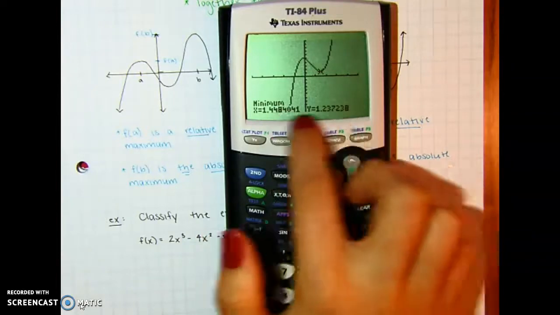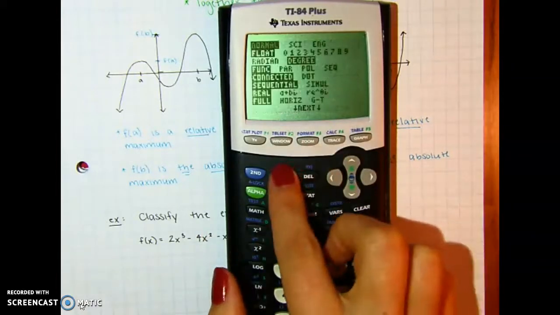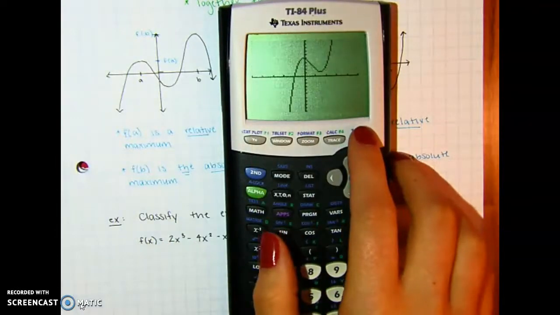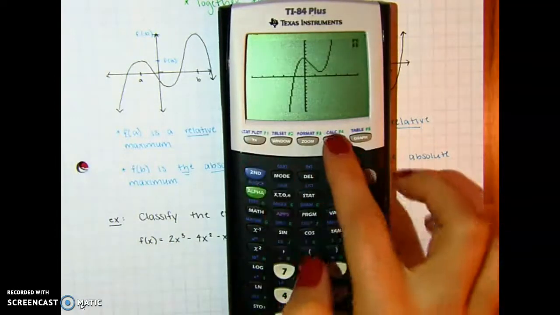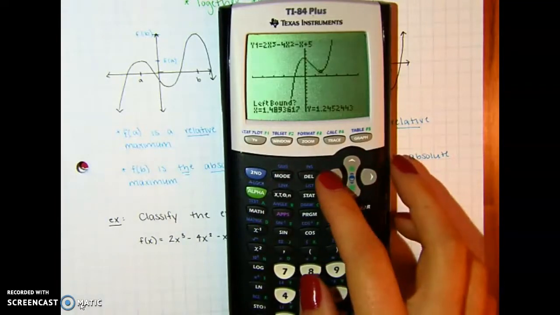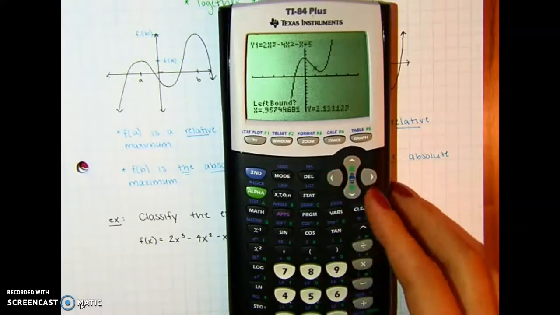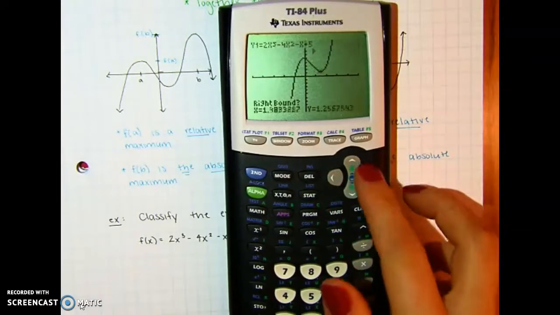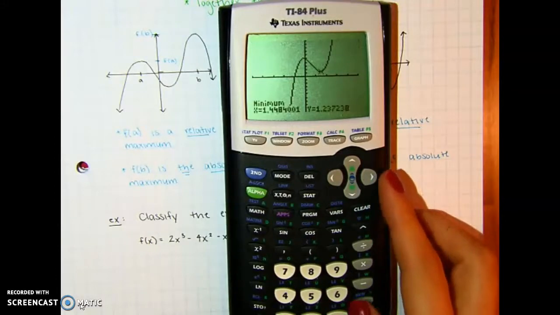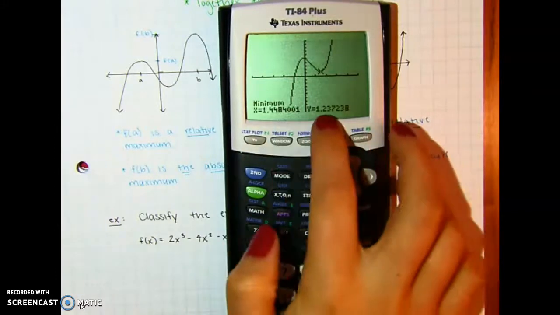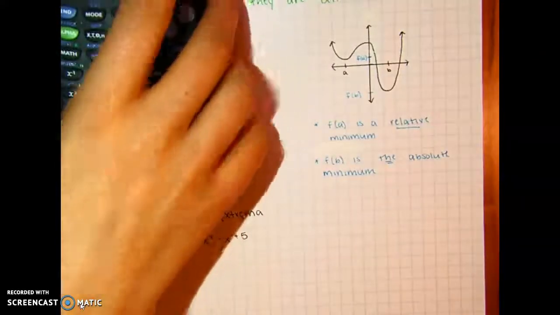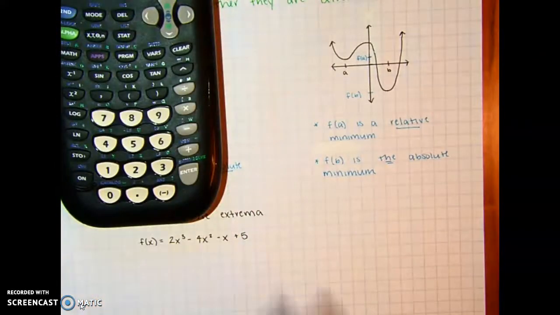If it's not giving you enough decimal places, you need to go to mode and make sure your graph is on float. So quickly doing that again. Little to the left, little to the right, enter. Minimum. Now what kind of minimum is this? Well, because it goes down infinitely, this is just a relative minimum. So here, my relative minimum,